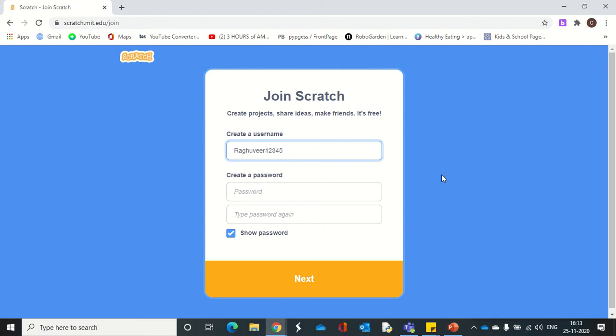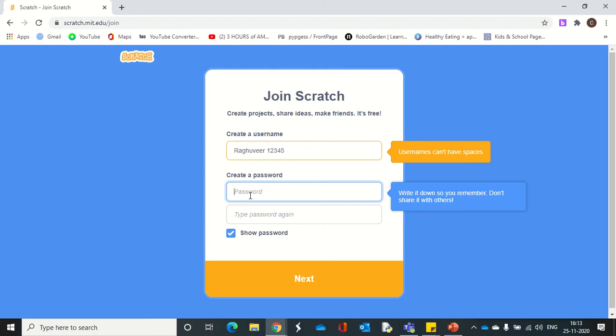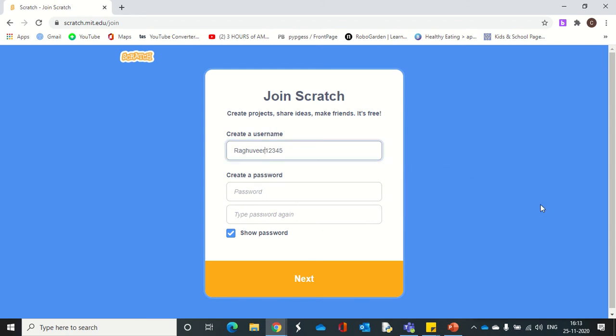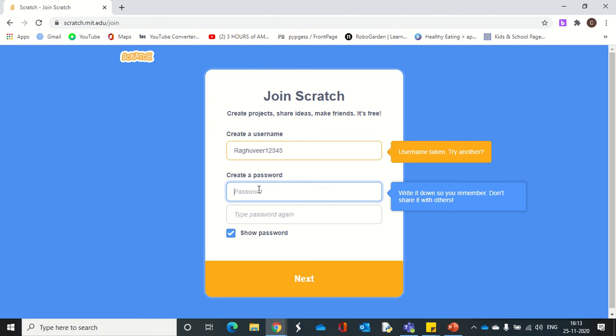So let's say, for example, you are giving a space, okay, and you're trying to create a password, you're continuing the process. You can see the error over here: usernames can't have spaces. Okay, so you need to make sure there are no spaces in between. And the create a password, so by default show password button is already selected, which is easy for you to remember, and you can cross check as well.